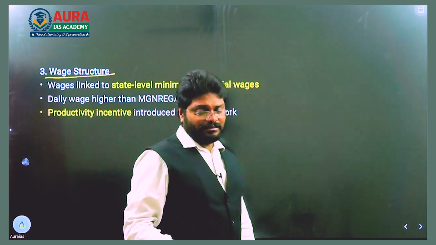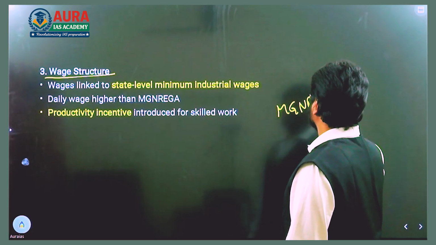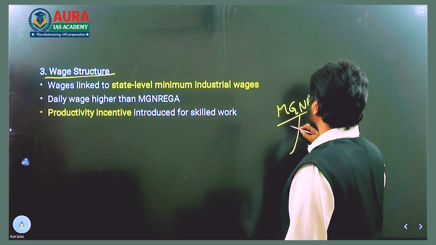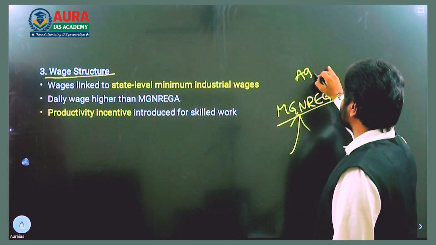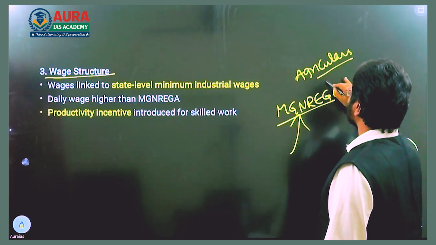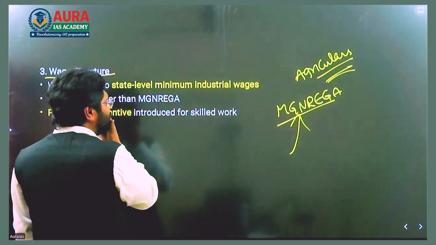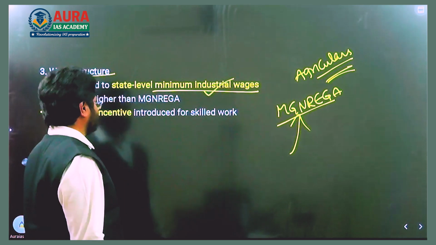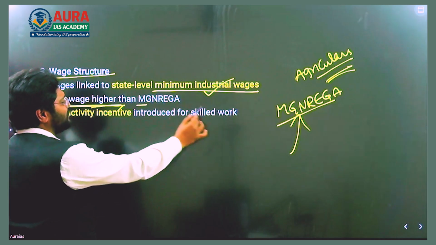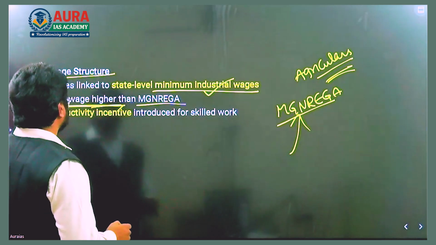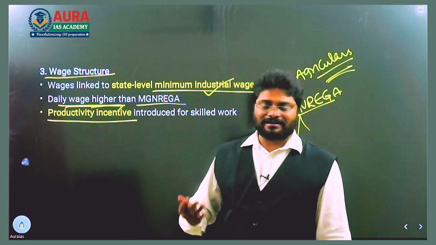So under MG Narega, the wages are tied to it. The workers who participated in MG Narega works receive the minimum wages equivalent to an agricultural laborer. Those wages are very less when compared to industrial labor. But the new act ensured the minimum industrial wages of that particular state. So that means under this new act the wages are somewhat higher than the MG Narega wages. That you should remember. So, productivity incentive: for say plumbing work, electric work, machinery work or dairying work, any